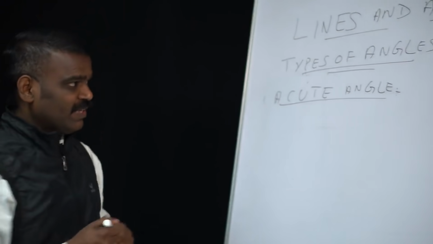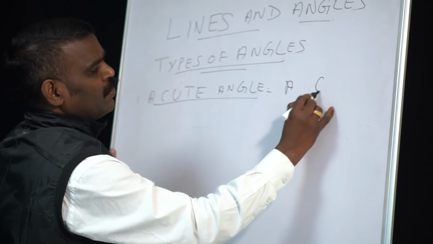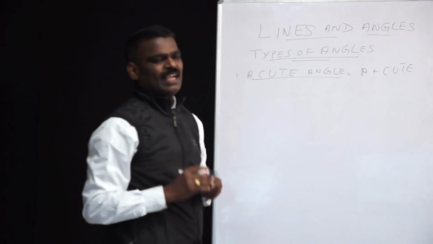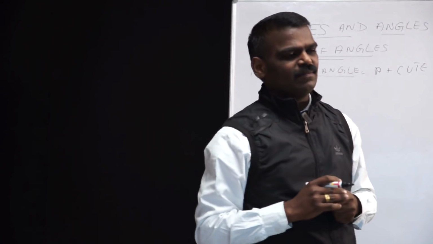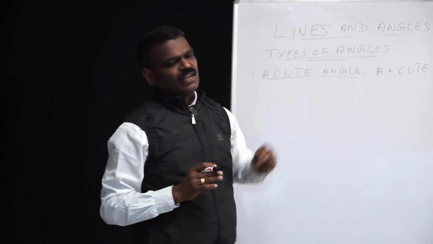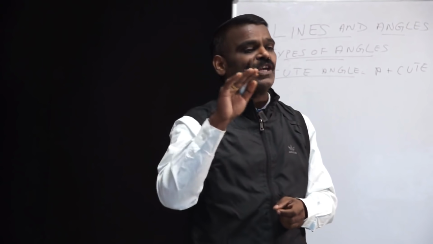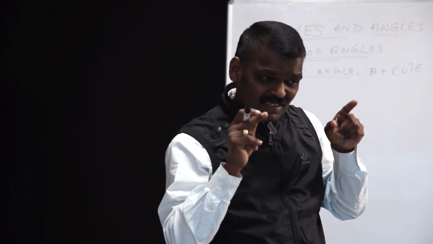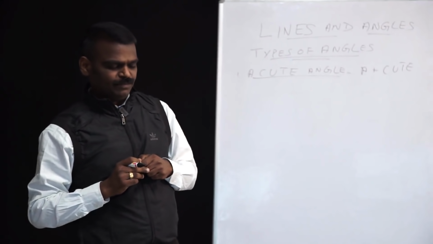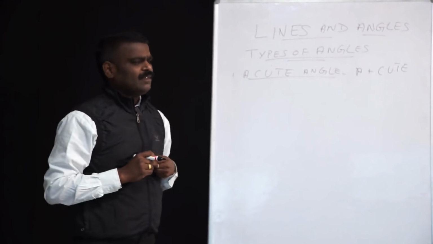So, among all the angles, acute angle: a plus cute, acute, a small angle. There are so many angles, and this is the smallest angle. That is why we call it acute angle. Is it clear? I think you can remember, right? Anything small, acute. Acute angle,